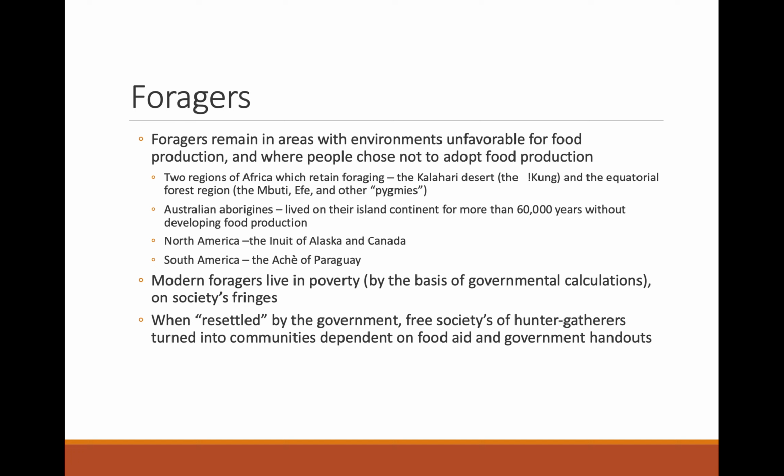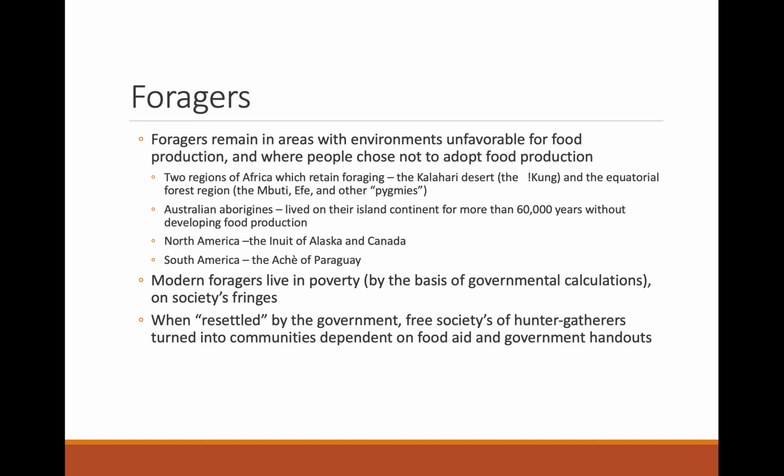In North America, we retained foraging among Arctic populations, specifically looking at the Inuit, the Tlingit, and others. These are populations where the transition to food production doesn't really make sense when we think about the Arctic, right? How much plant material are you going to be able to grow for the bulk of the year within the Arctic Circle? Well, the answer is none, right? When we talk about areas that are permanently covered in ice, i.e., permafrost, we're talking about areas where you can't really commit to agriculture.